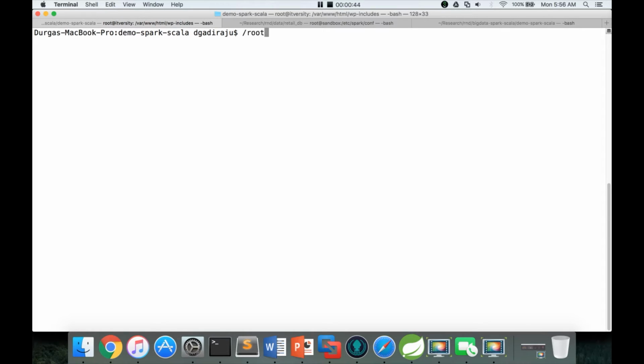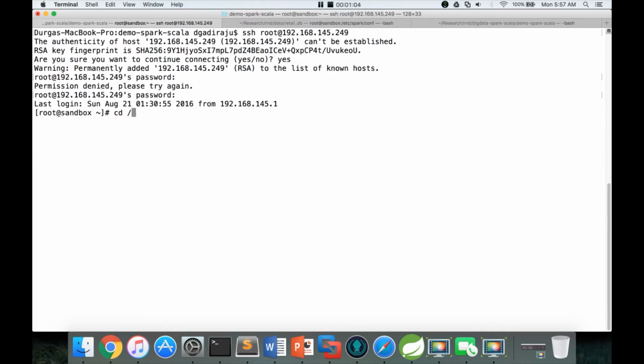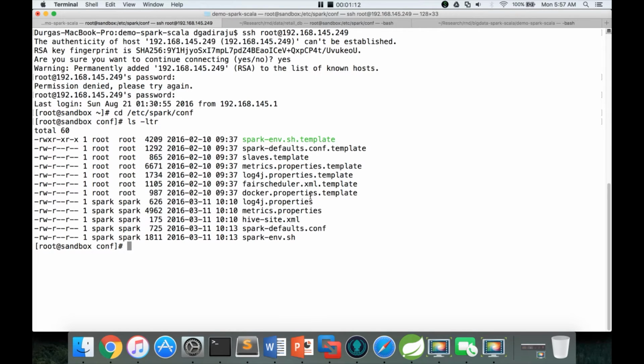in this case, I am trying to connect to my Hortonworks virtual machine. Even if you go to the actual cluster, it will be the same. Once you log in, if you have access to this location /etc/spark/conf, and if you do ls -ltr, you see a bunch of files. If you are not able to access that location, or if the files are not available in that location,